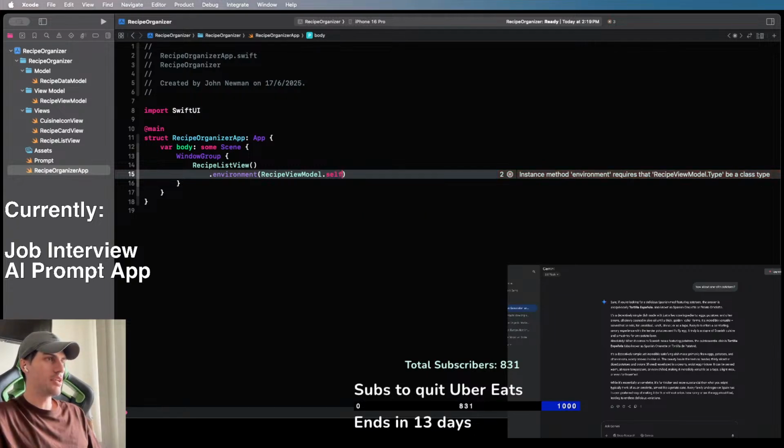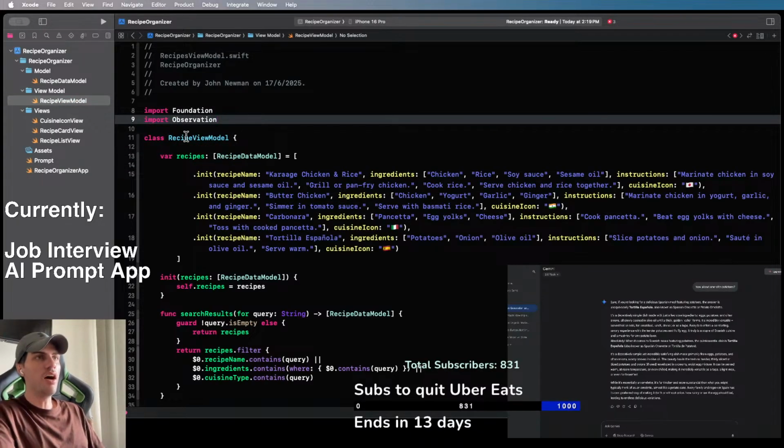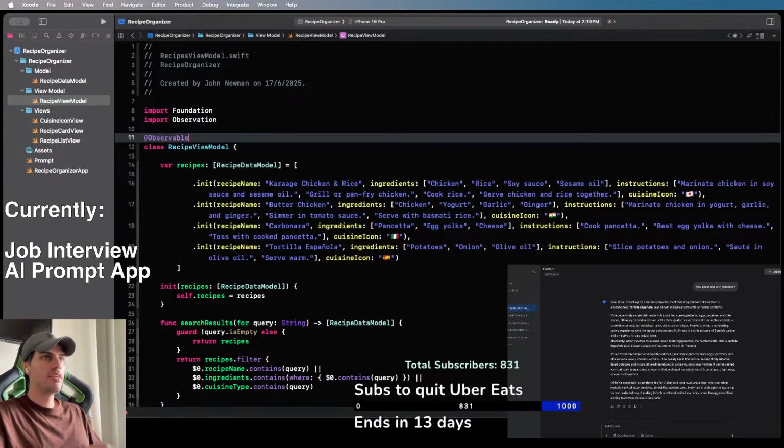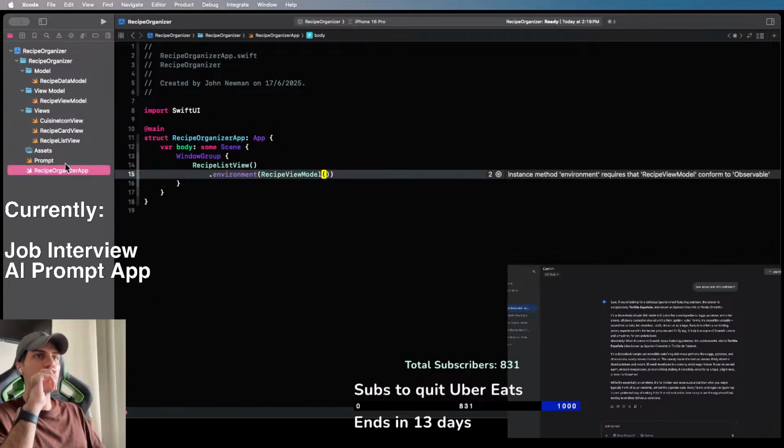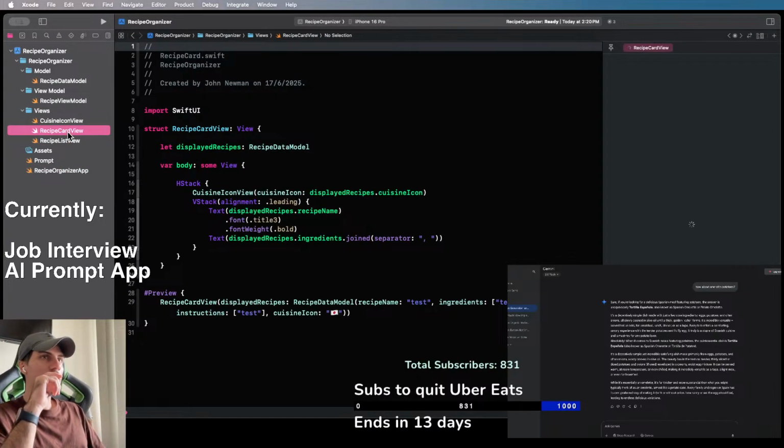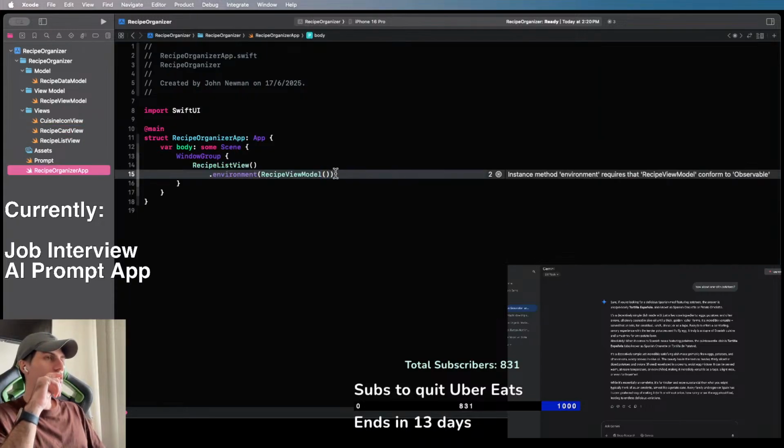I don't think you need to type .self here. I think it's to be a class type. It is a class type, I believe. Observable. It is observable. Import observation. Oh my god. See, this is so stupid. I'm so simple. Holy shit. It's a class type, and then it needs a